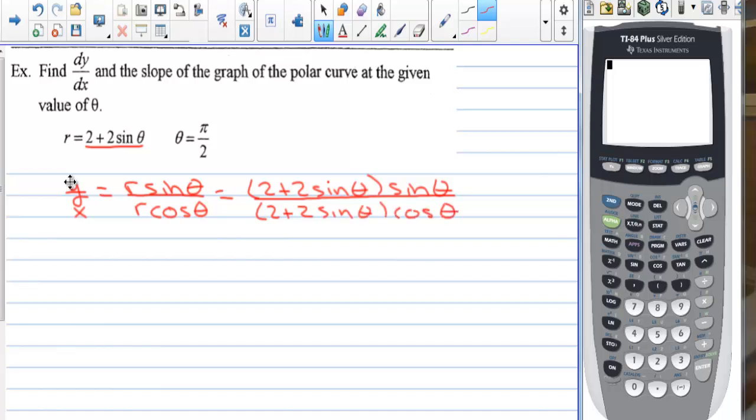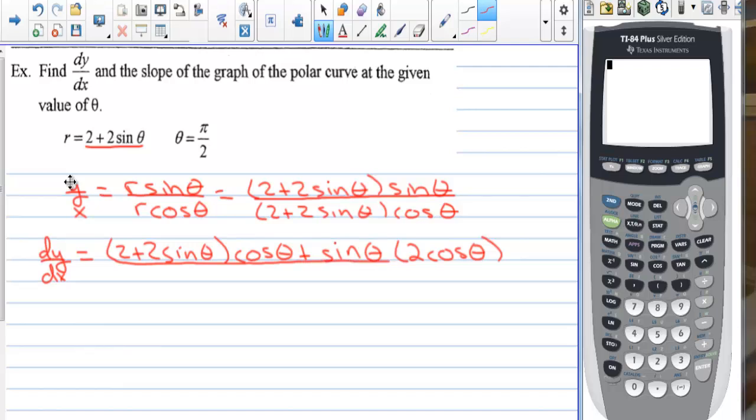And now in order to find the slope of the curve, we have to take the derivative dy over dx. That's equal to first times derivative of second plus second times the derivative of the first, which is 2 cosine of theta, all over